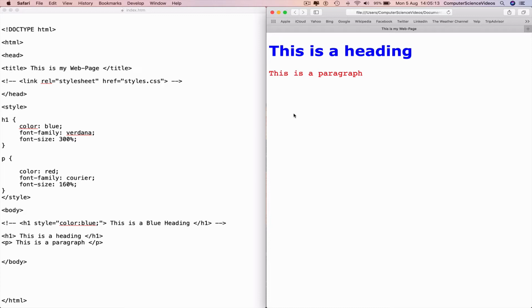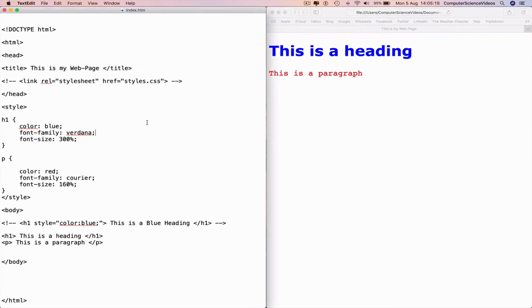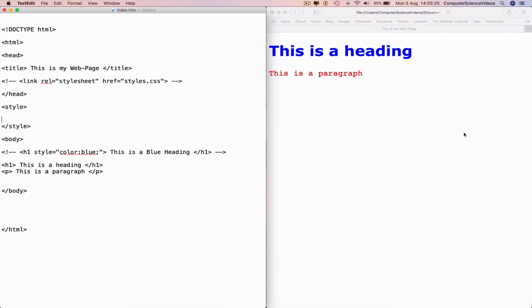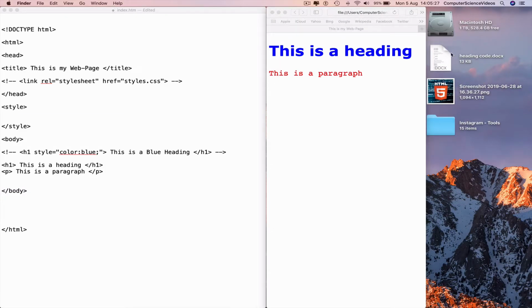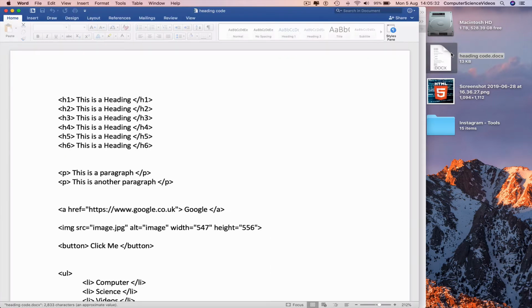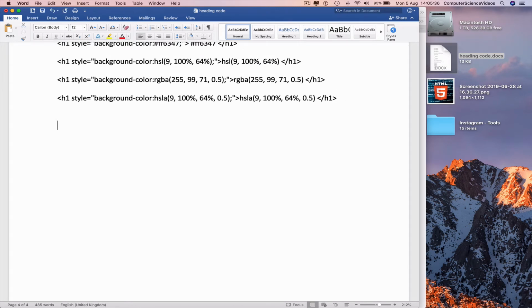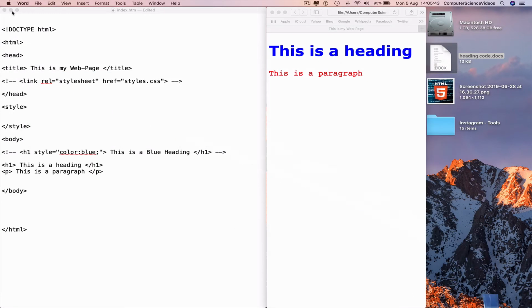So if we now go back to the index.html text edit file and remove all the code in the style tag, highlight, right click, cut, and then go back to the Word document, which is on the right hand side of your screen, double click, open, scroll all the way down to the bottom, enter a couple of times, Command V to paste, Command S to save, minimize,